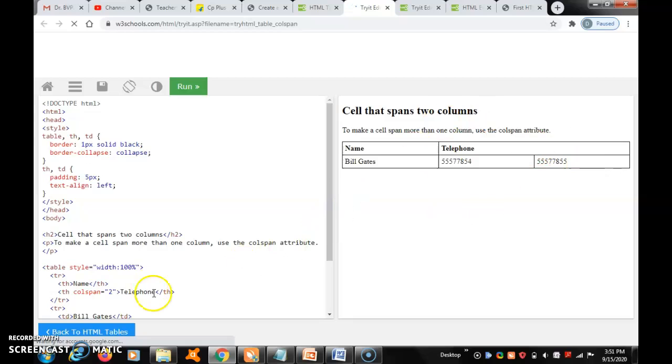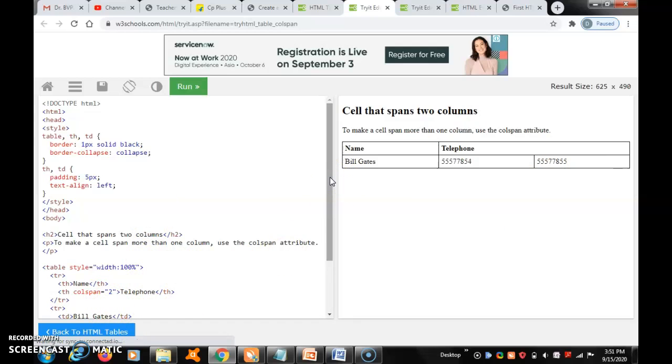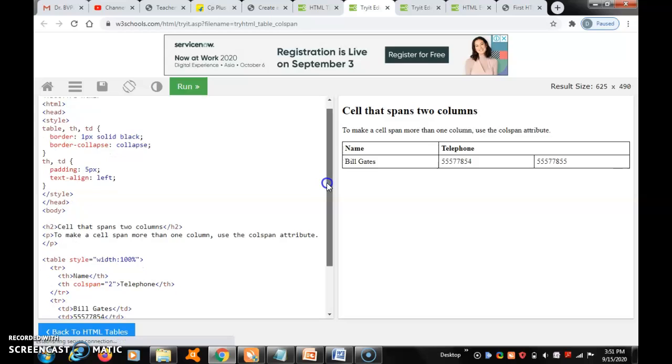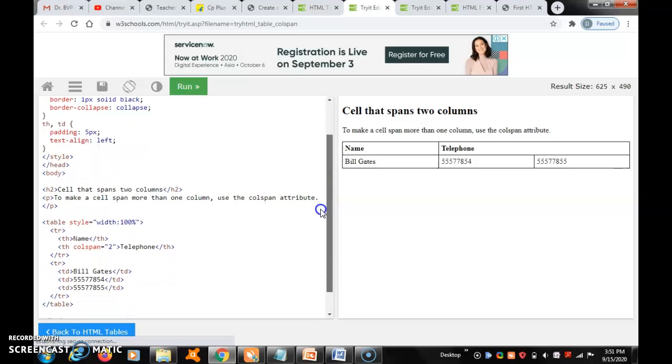This is different coding, but only a slight change. Here, as usual, solid for collapsed, and paddings, single line only. Here are Bill Gates' details, phone numbers, with border-spacing equal to 2. Likewise, see the code and the execution; whatever format you require, you have to do the same type of coding.